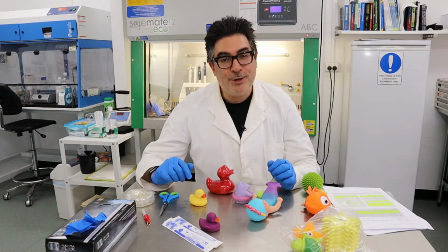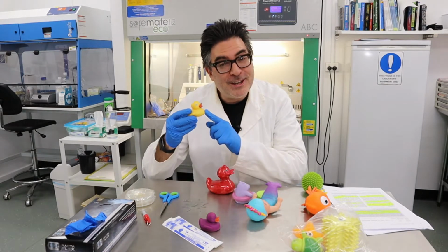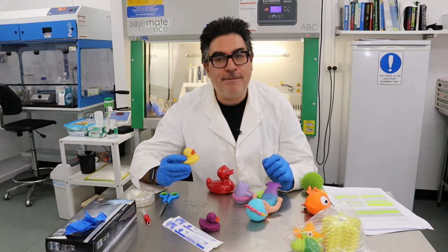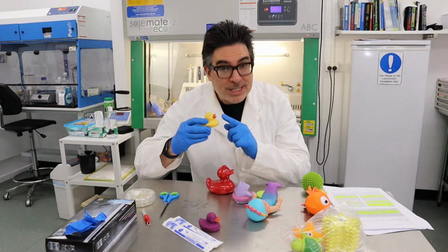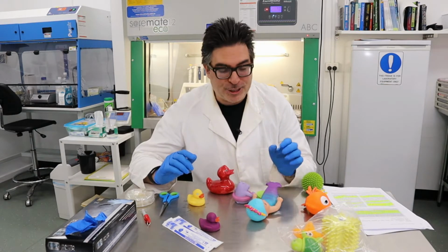Face it, anyone who's a parent or looks after children knows that bath time has definitely improved with the use of plastic and rubber bath toys. However, today we're going to be talking about some of the infection risks that playing with these toys presents or could present. And so what I've done is that I've asked some of my friends who've got children to give